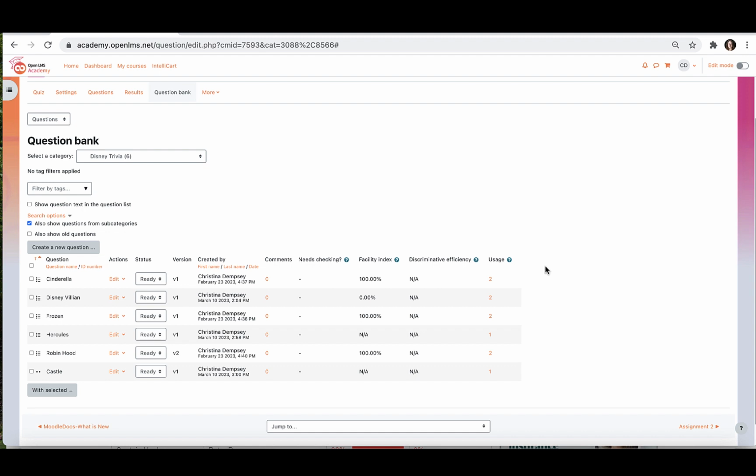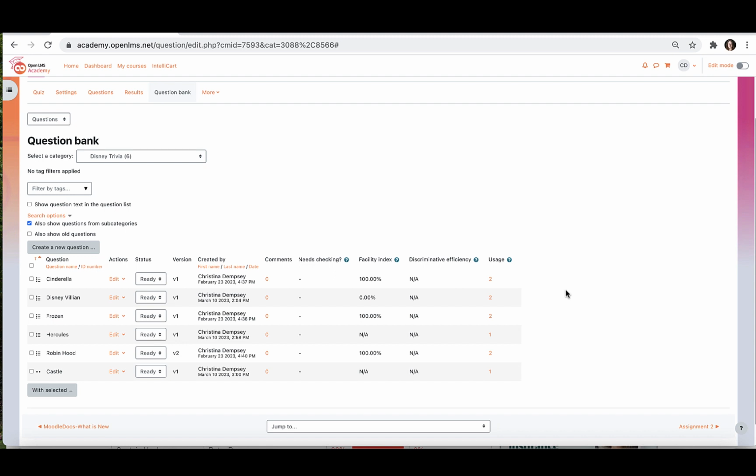You want to really keep in mind statistics in general. You can't rely on them 100% because a lot of factors are involved. So if you decided, when you were adding a question to a quiz, to pull a question randomly, the amount of attempts might not match the amount of users, since not every student might have gotten that question. So you'll want to take these statistics with a grain of salt